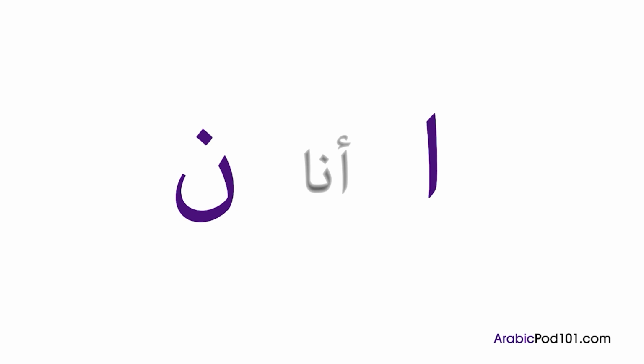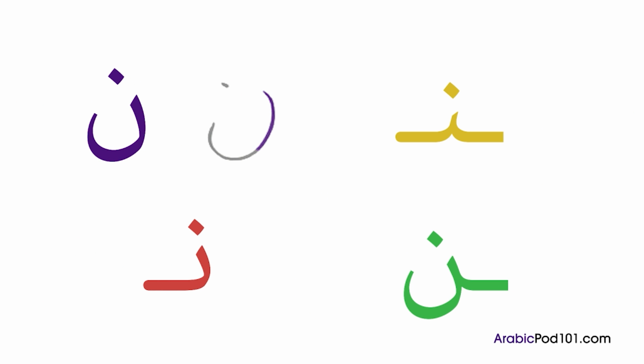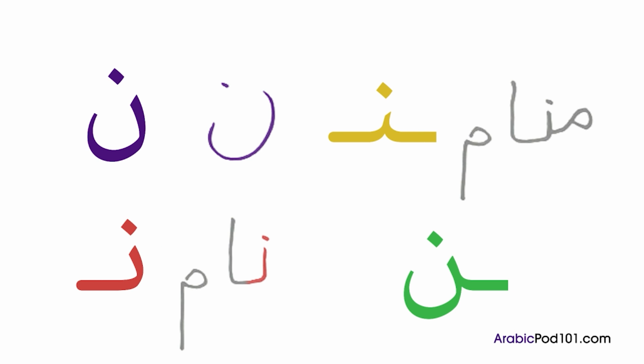In the first lesson, we learned Alif and Nun. They are the letters you need to form the word ana, meaning the pronoun I. First, we have Alif. Here's the isolated form. And here's the final form. Alif only has two forms, as we've already explained before. Now let's review Nun. Isolated, initial, medial,